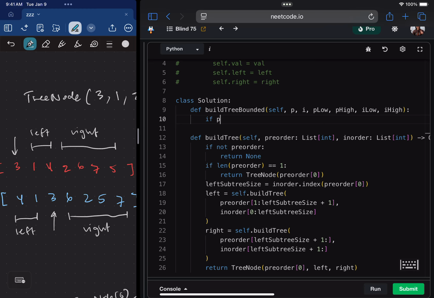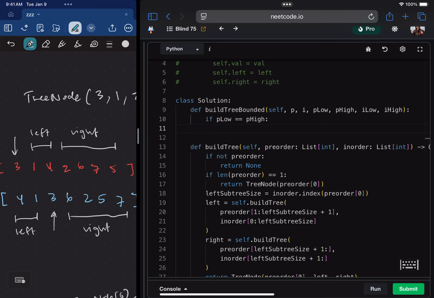Okay, if the two indexes are the same, that's a one element list, right? Let me actually write that. If P low equals P high... there's so many innuendos here. So if P low and P high are the same, then we have a single element. We can return